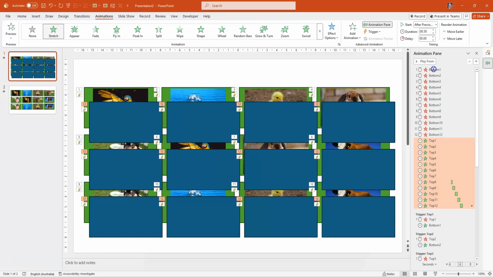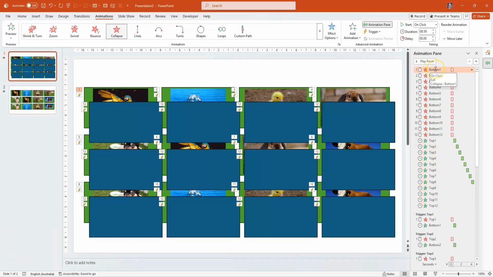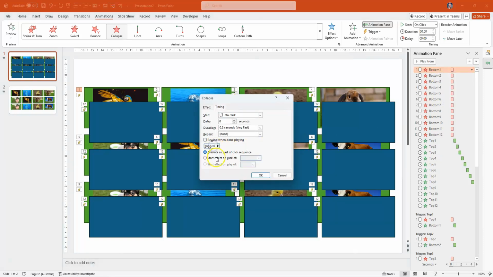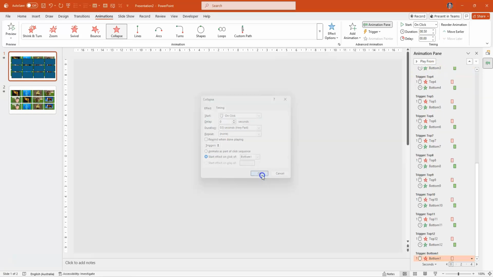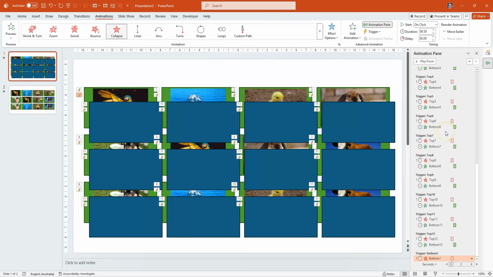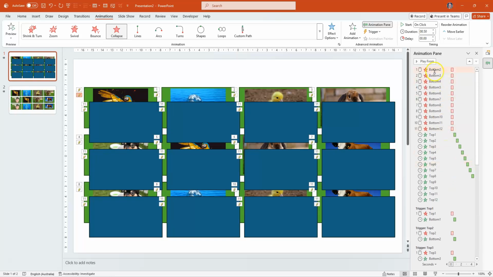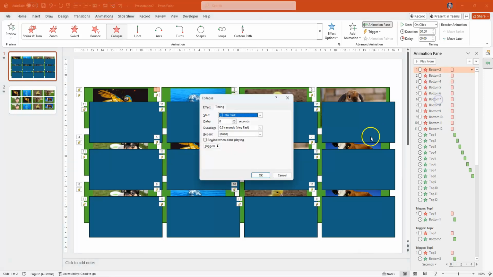did previously. We're going to open up that first animation, which is now going to be our bottom card. And we're going to right mouse click on it and go to timing, go to triggers, tell it to start the effect on the click of its own shape. So in this case, we're changing the trigger for bottom 1. So it's going to be triggered when we click bottom 1. And it's going to again create little groups again, right? So just go through and do all of those exit